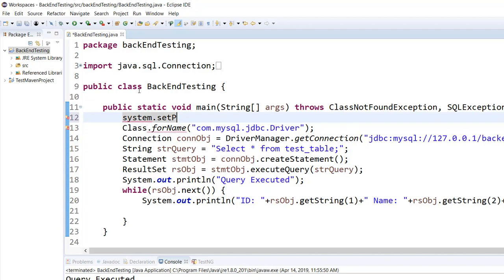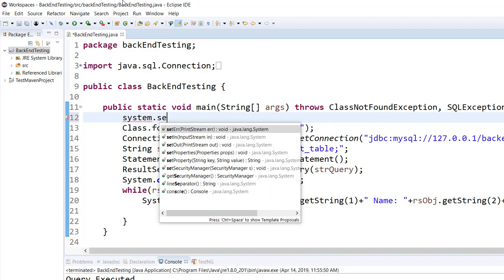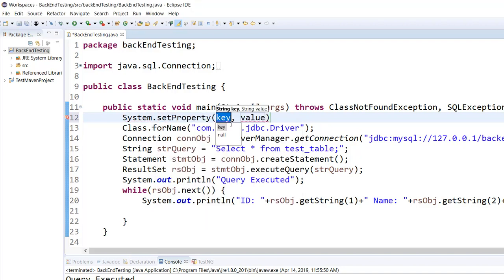System dot, system dot, set property. Right, system dot setProperty. Now if you want to run it in